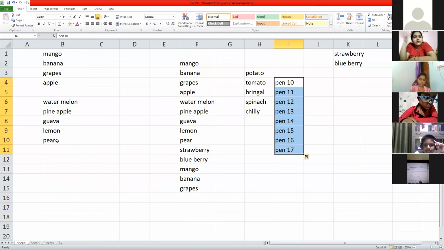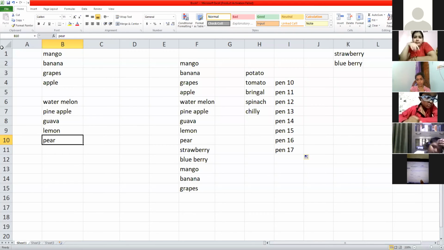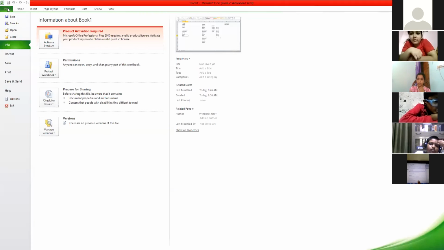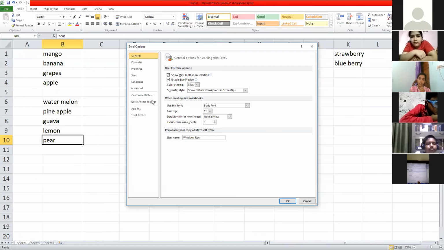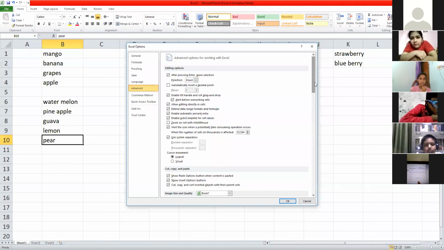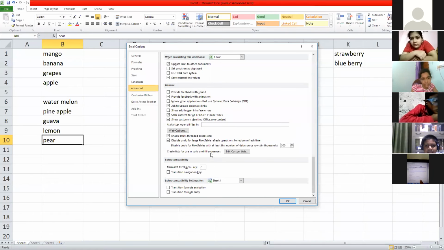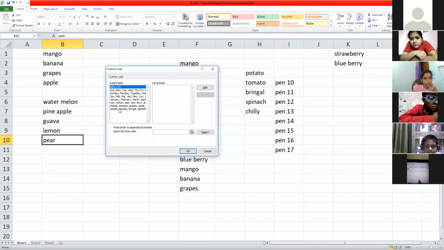If I want to delete it, again I will go back to option, go to advanced, to custom list. Here, in mango and banana, pear I don't want. I'm deleting it. I've deleted pear. And click on add. Now it is updated. Now you can see pear is not there.